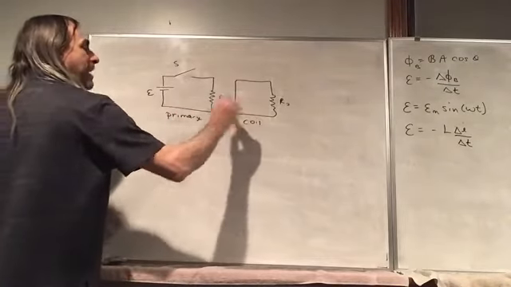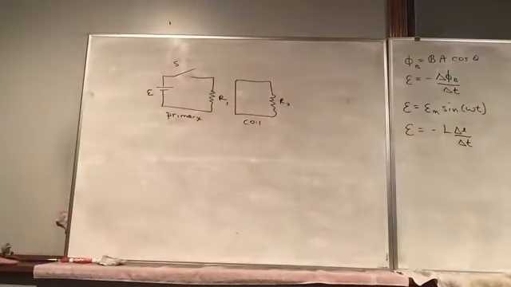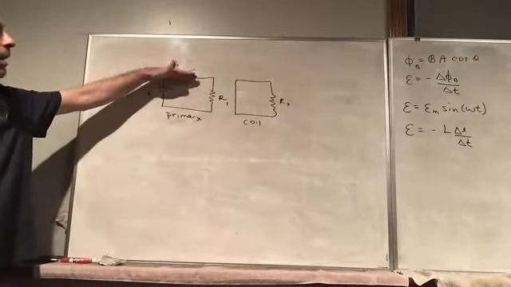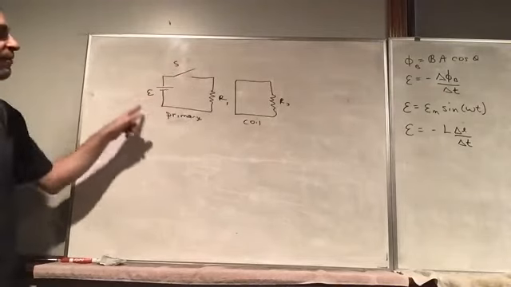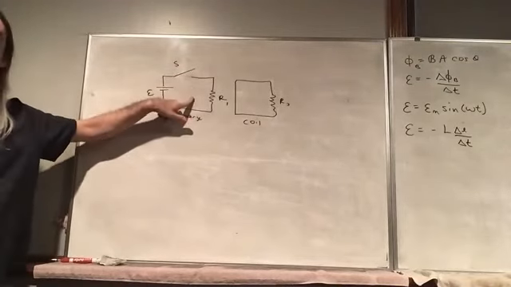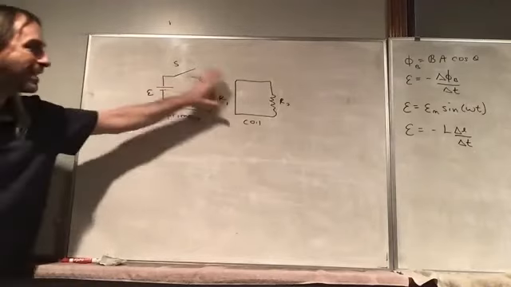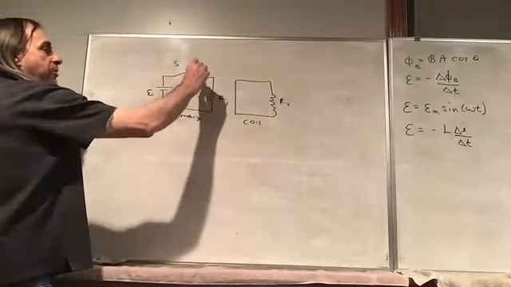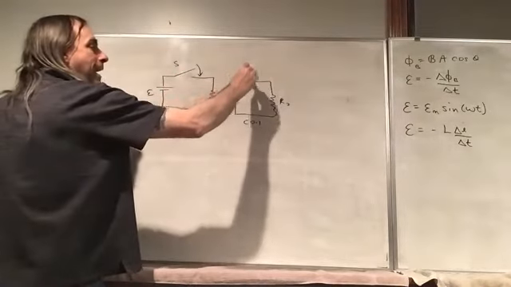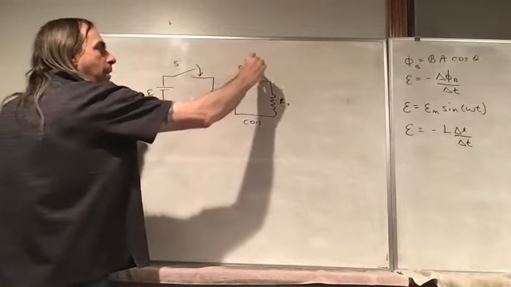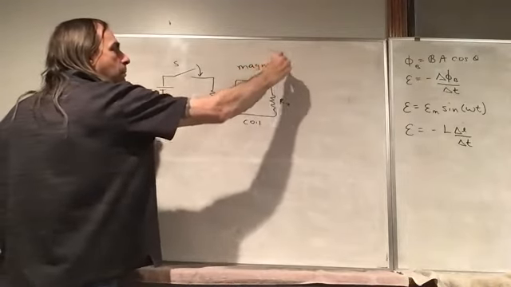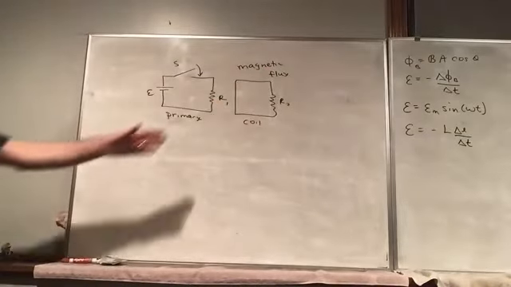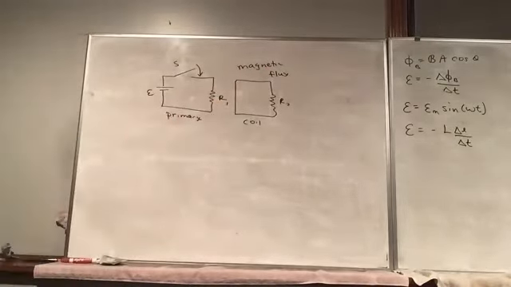And we have a secondary coil, which is not hooked up to a power supply. Now, if we flip the switch here, that'll create a current in the first coil, which will create a magnetic field, which extends beyond the coil itself. So flipping the switch here will create a magnetic flux over here. Probably not a big one, because it would depend on geometry, like how close these coils are, but there will